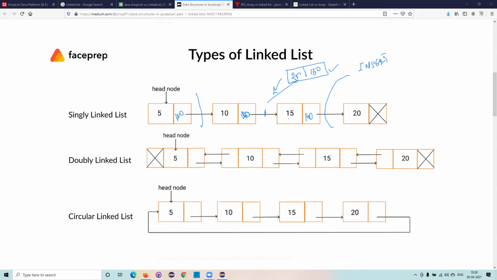Now when it comes to insertion, an array list has an impact on the pre-elements and on the post elements when you are inserting. But in a linked list, it will not have an impact on the pre-elements and the post elements. So it is very easy to do. That is where insertion is much faster in this. And next, we discussed insertion.